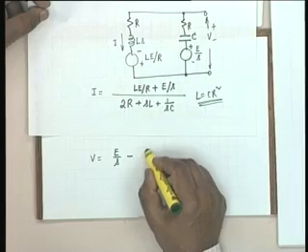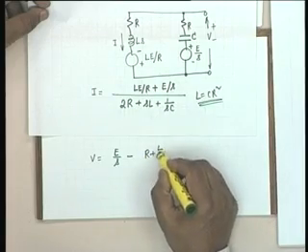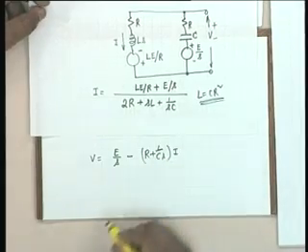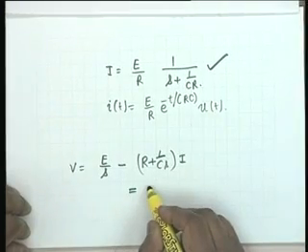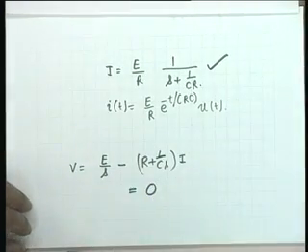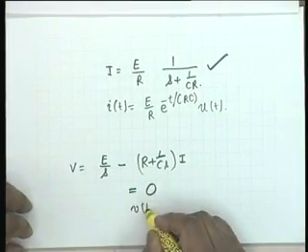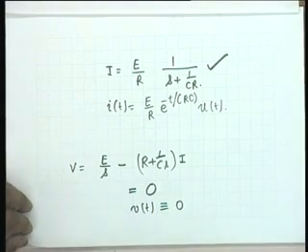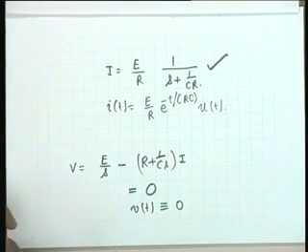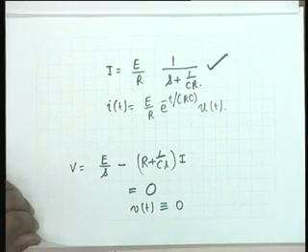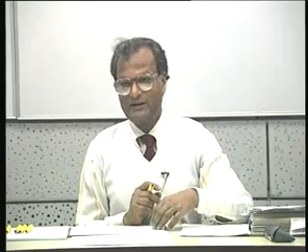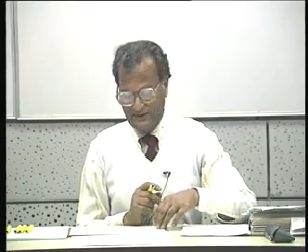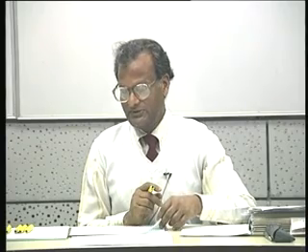So minus R plus 1 over CS multiplied by I. And if you substitute this value of I, it is very easy to see that this is identically equal to 0. That is, v(t) is identically equal to 0. All right, this voltage is identically equal to 0. Now, as I said, this is one of the most interesting circuits, and I shall now, as an annexure to the solution of this problem,